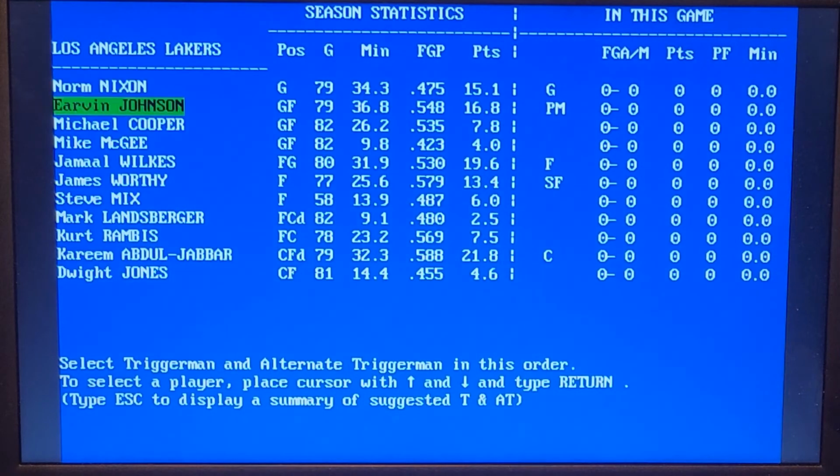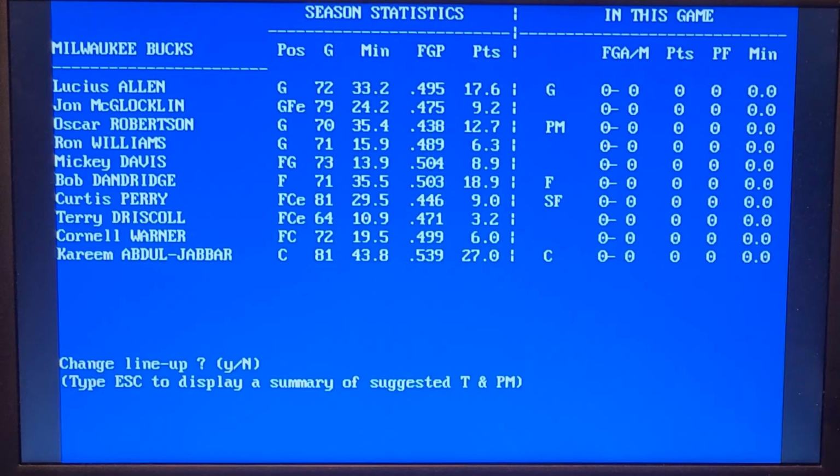All right. Oh, yeah, I love how that skips too. Triggerman. It skips to the starters. So Nixon, Johnson, Wilkes. Good. And now here's the